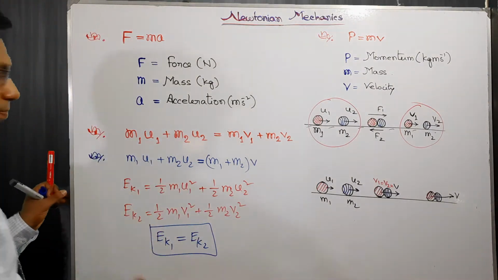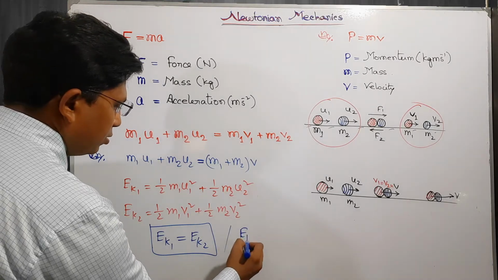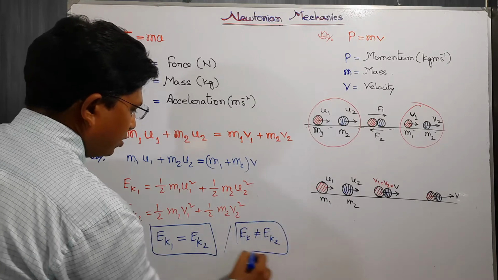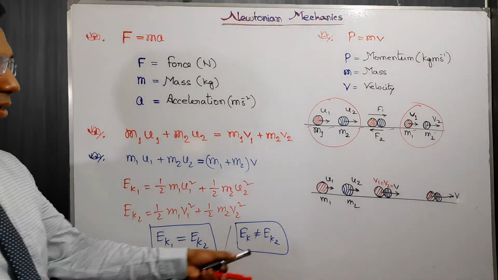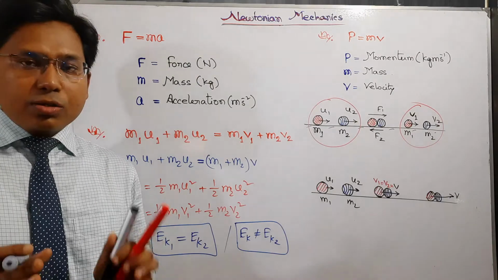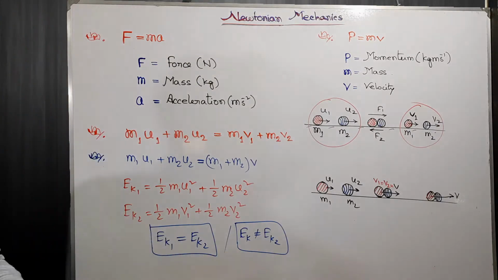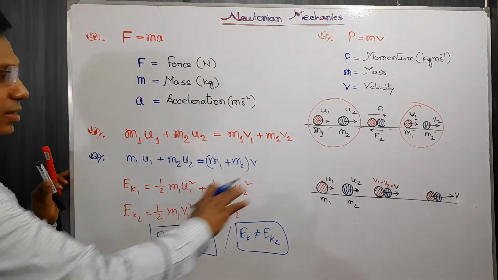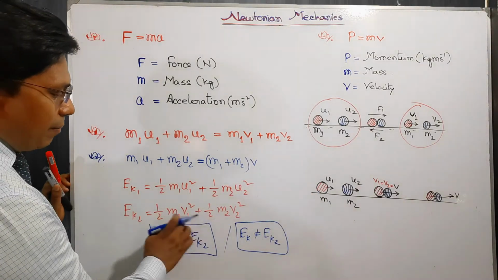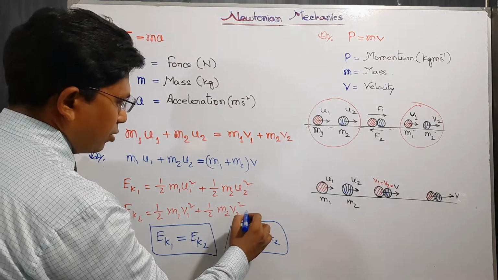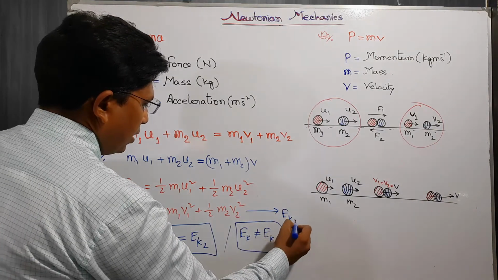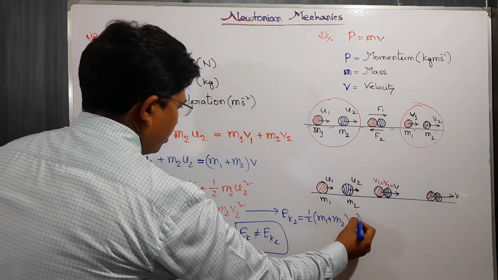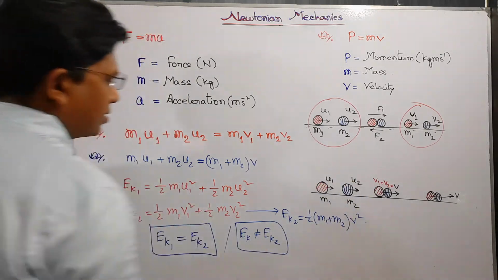Or if the total kinetic energy before collision is not equal to the total kinetic energy after collision, in this case the energy is not conserved, and this collision is called a non-elastic collision. If these two objects create a combined body in this collision, the velocity becomes common, and we can write the equation this way: Ek2 equals half m1 plus m2 times v square,